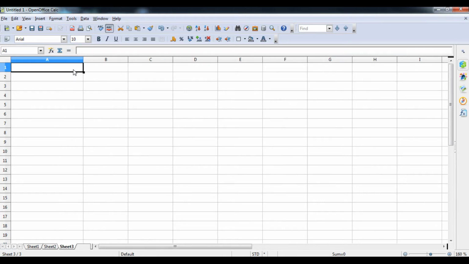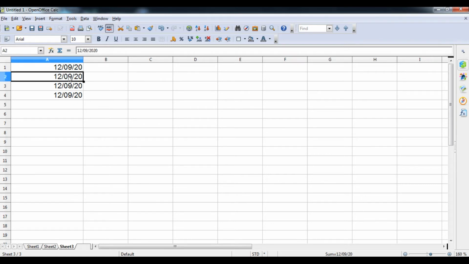Suppose I enter the date here, the same date I will type here, 12 9 2020. Now you can see it is considered as 12 the month, 9 the date and 2020. But if I want to make it different, what I will do is type the same thing again to convert it. Student, make sure you enter the same date again, or you can copy it according to your need. And now I'm going to convert it into a different format, according to our Indian format and the required format.